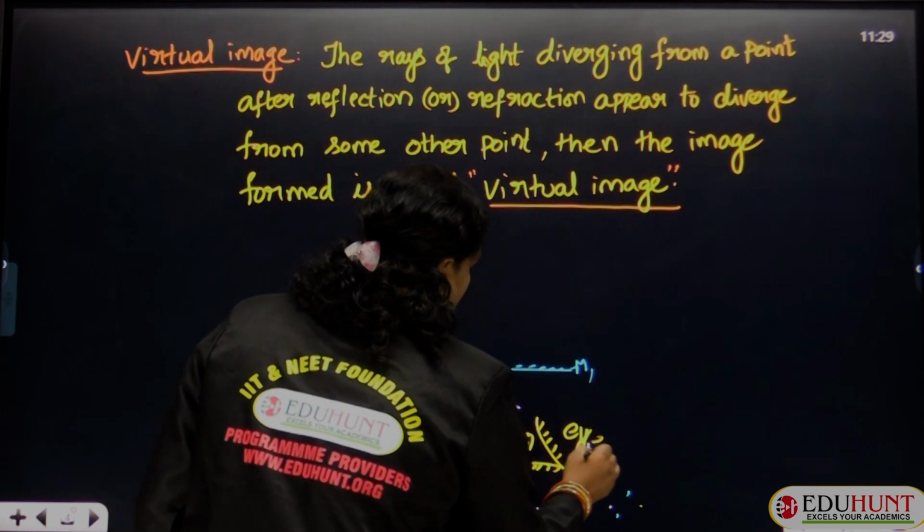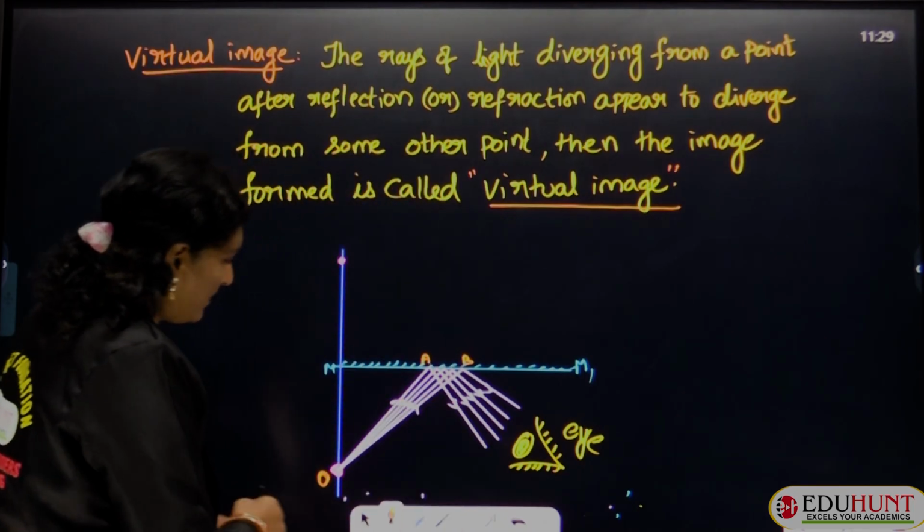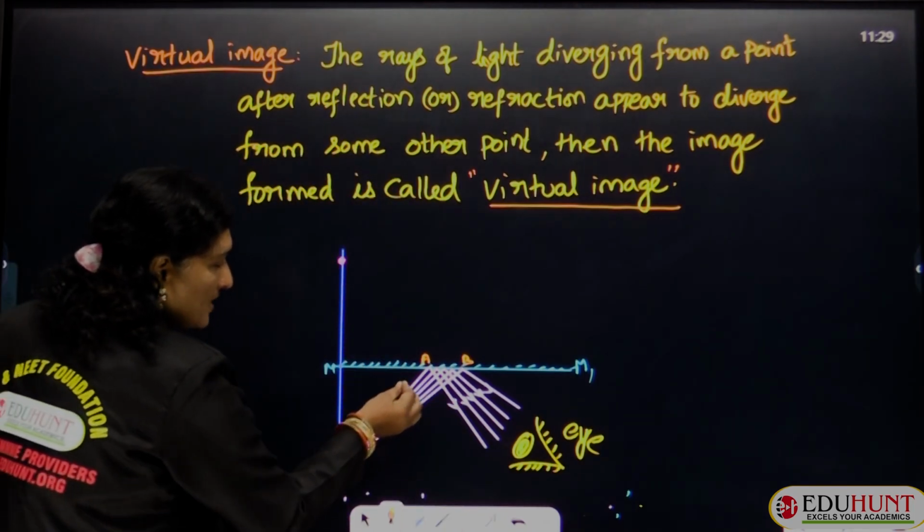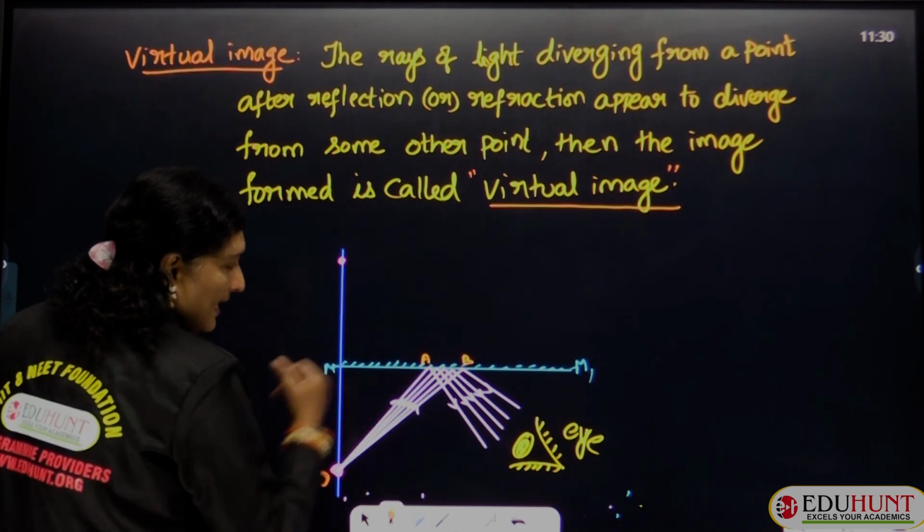Whenever this observer sees that, actually what happens is the rays from the object diverge in between A and B, and again